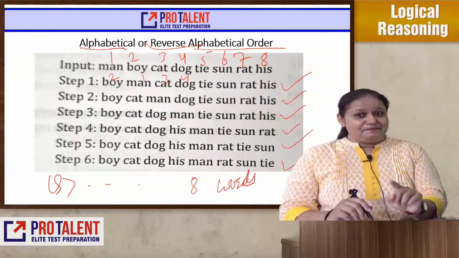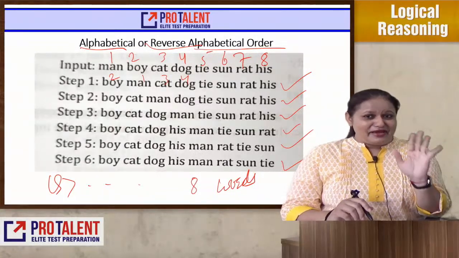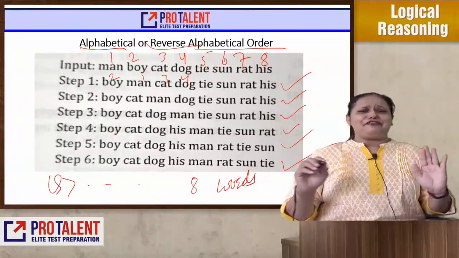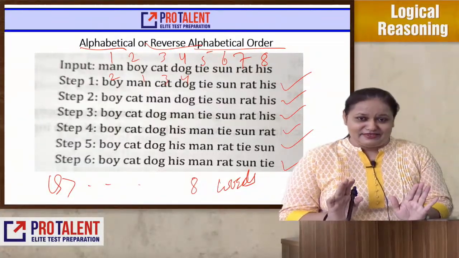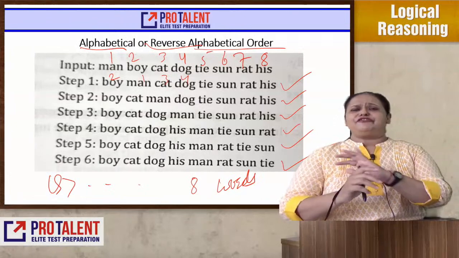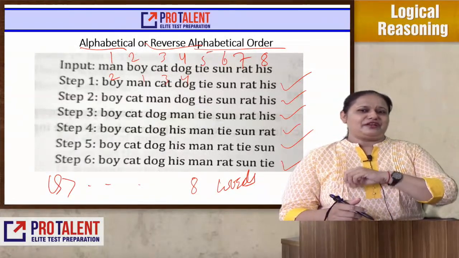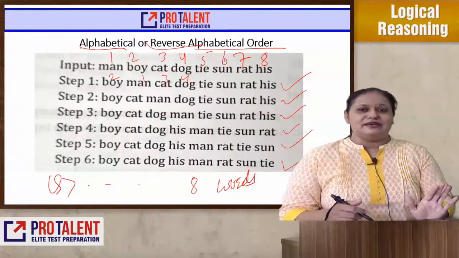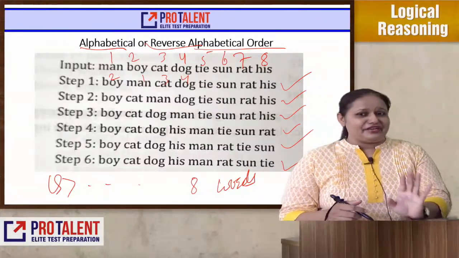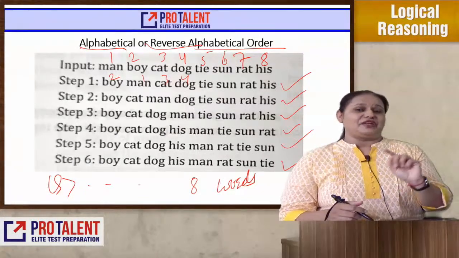This happens in maybe 5% of cases. Because today and tomorrow I'll be discussing most of the probable cases, after that, if nothing works out, you tried all possible logics for words, all possible logics for numbers, and still you couldn't figure it out, then you can see